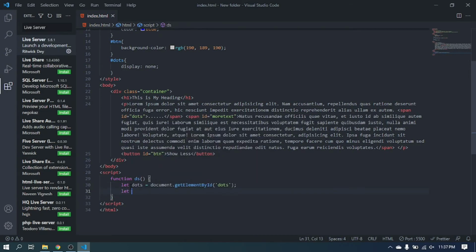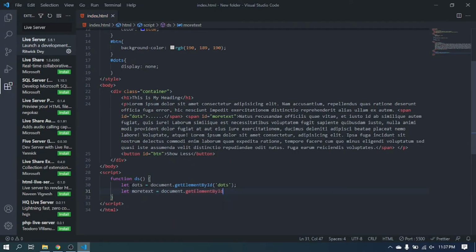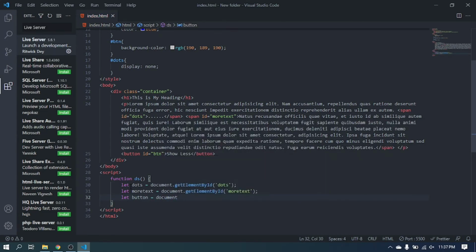And next we will get the more text, so I'll name the variable moreText and get it with document.getElementById, and its id is more text. And the third one will be the button, so I'll name it button and document.getElementById btn. So now that's all, and now we will create an if else,